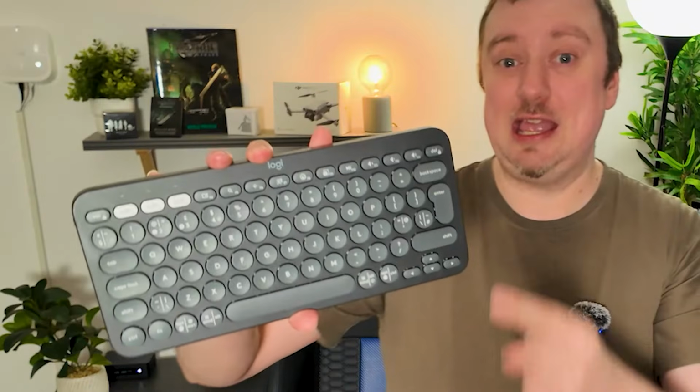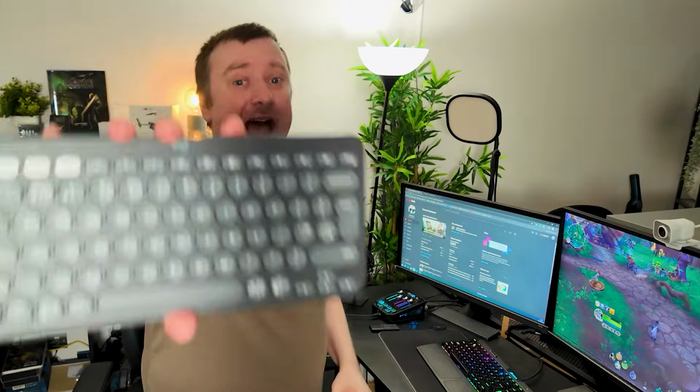A generic Bluetooth mouse such as this one, and a Bluetooth keyboard such as this one from Logitech. Logitech have not sponsored this video, but this may be the solution to what you need. Honestly, I use this keyboard all the time with my phone, and I find it absolutely fantastic. The battery life lasts and lasts and lasts, and this thing is so portable, I can pretty much take it